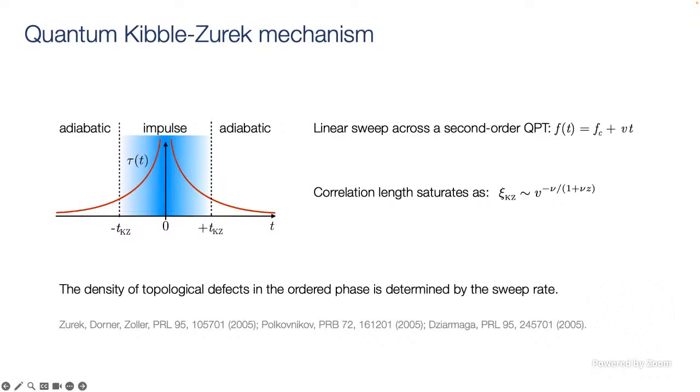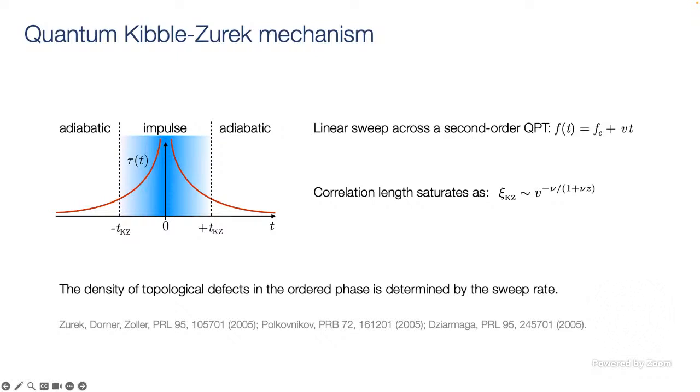Let me explain that physics. As we approach a quantum phase transition, suppose I have a linear sweep which goes across the second order quantum phase transition. I'm tuning some parameter, for simplicity, let's say linearly. Now, as I approach the quantum critical point, my gap is vanishing, or in other words, the relaxation time of the system diverges. So initially, as I vary my parameters, the system just follows the changing parameters adiabatically. That's when we are in the so-called